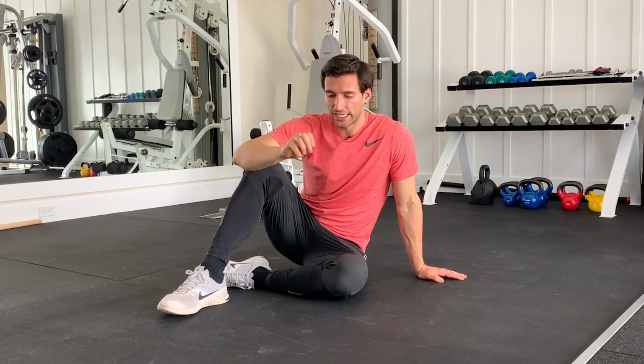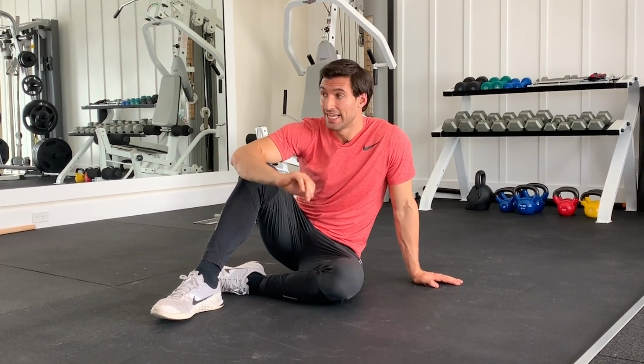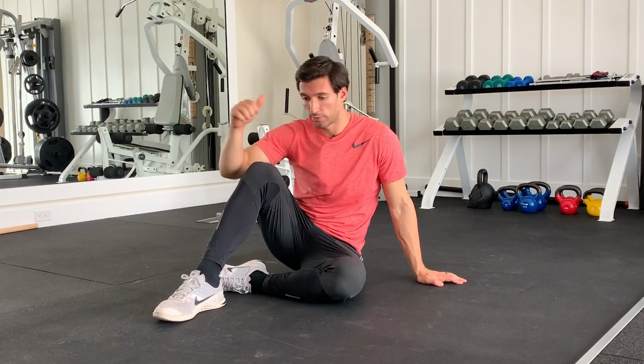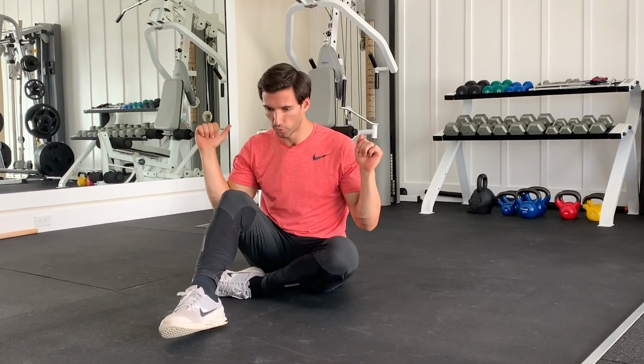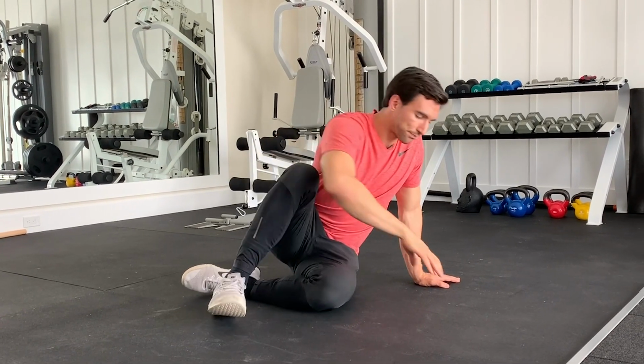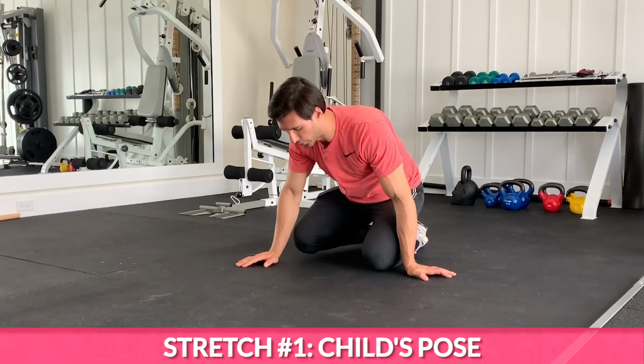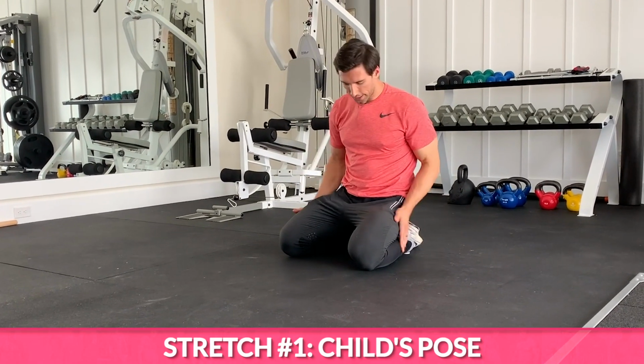So again, to really recap, mobilization, we did the cat-cows. Then we did those mini vacuum bridges on our backs. Then we went to good mornings, which again was with that bar, that's really working that back. We did the bird dogs, the RKC planks, the glute bridges, and now we're gonna do some stretches. So we are gonna do, the first stretch is child's pose, which starts off in kind of this position here